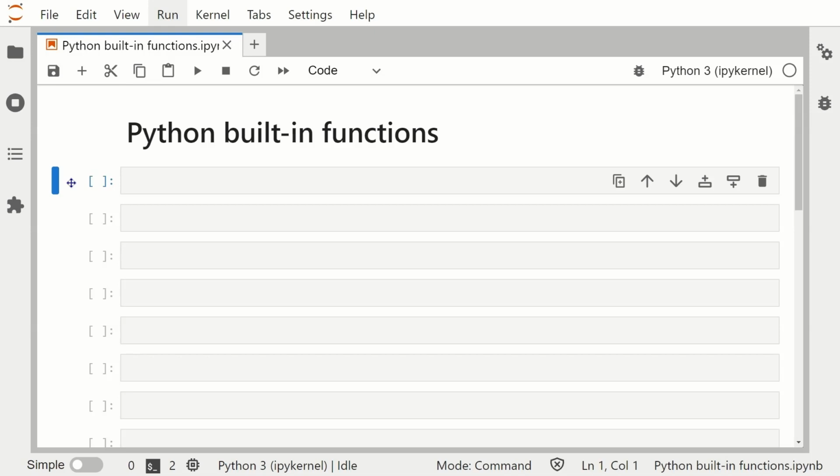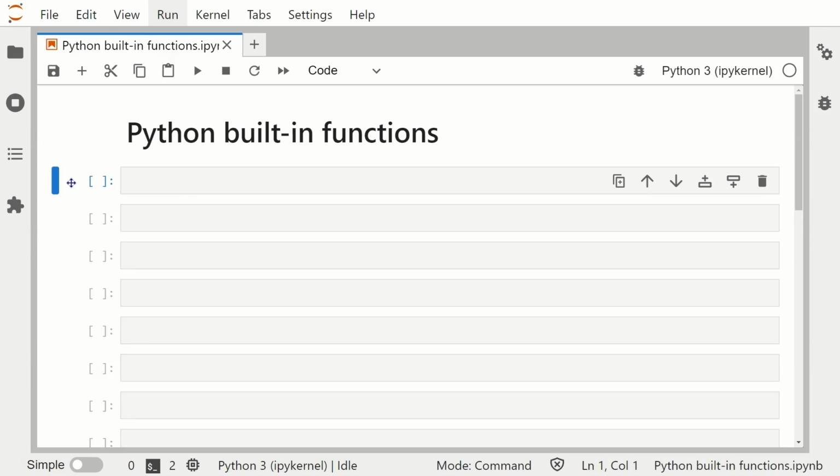From the previous video, we learned that functions are reusable blocks of code that perform a particular task. Defining a function means creating it, while calling a function means using or running that function. All functions need to be defined first before they're called, but since built-in functions are already defined, we just need to learn how to call them.